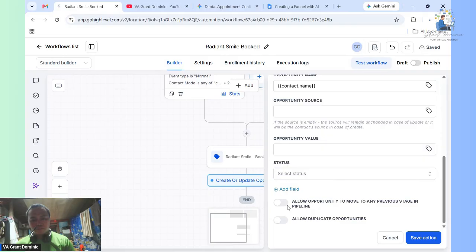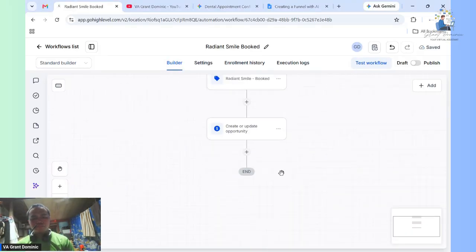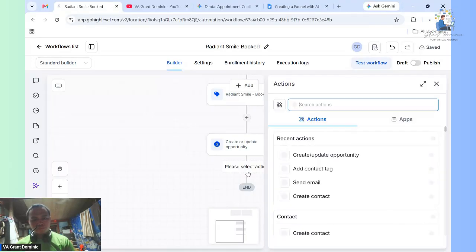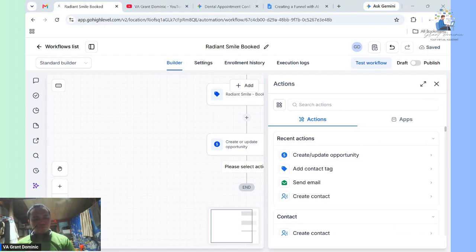Oh no, we will not change that. After we update the opportunity, we will send them an email.